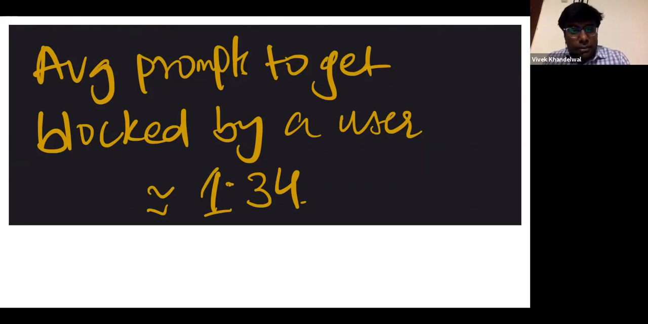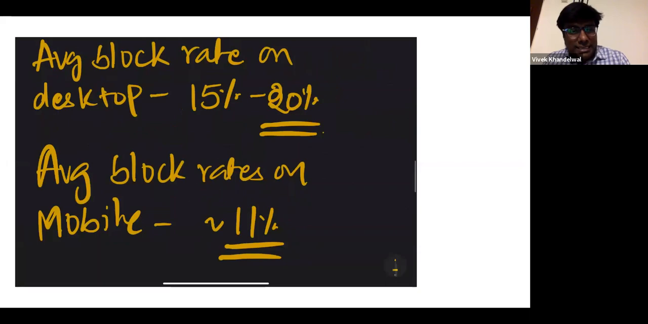Third finding, and the most interesting one, is that the average block rate on desktop was around 15 to 20%. This is for the native opt-in that we have. The average block rate on mobile is significantly lower, around 7 to 11%, depending upon the user experience that you're building. For example, a lot of sites add delay to their notification permission prompt,